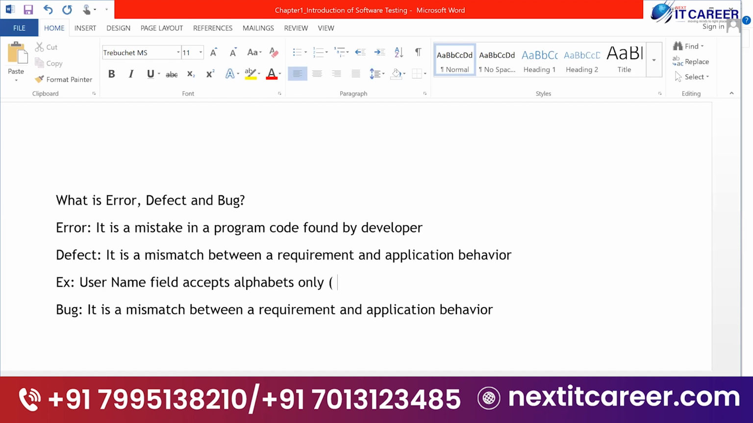Now what are you entering? Numbers. Should it accept or not accept? Should not accept. Apart from numbers, you can enter special characters. Should it accept or not? Not accept. Apart from special characters, the space bar. You enter the space bar. Accept or not accept? Not accept. But